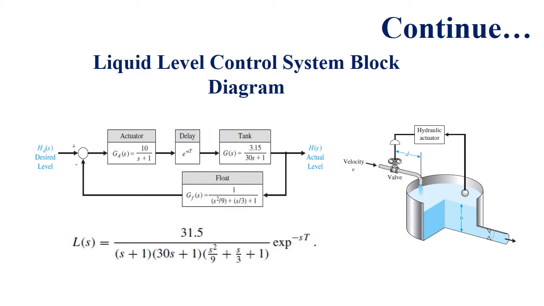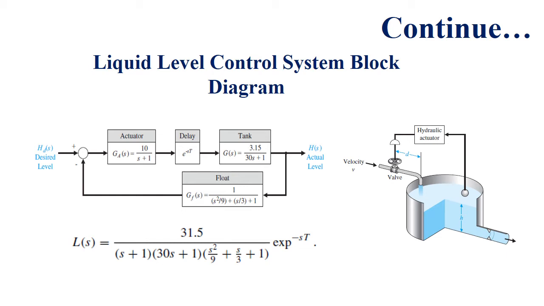The basic theme of this experiment is a liquid level control system using a Bode diagram. So here I have the block diagram of the liquid level control system, in which firstly I will set the desired value of the liquid level. Then I have the actuator. An actuator is a component of a machine that is responsible for moving or controlling a mechanism. For example, actuating means opening or closing a valve. Next is the delay, which means the time required for opening and closing a valve.